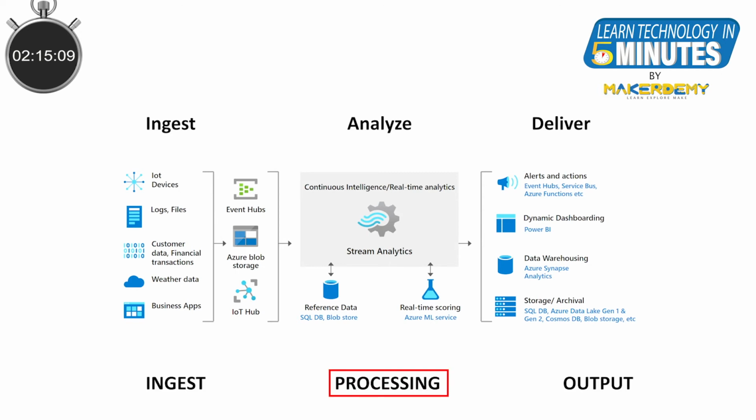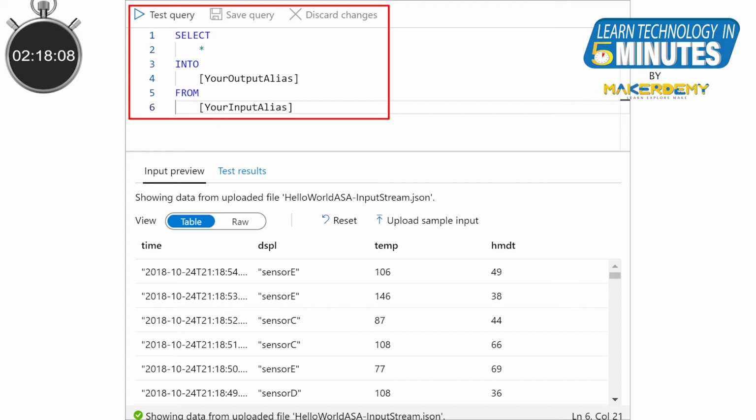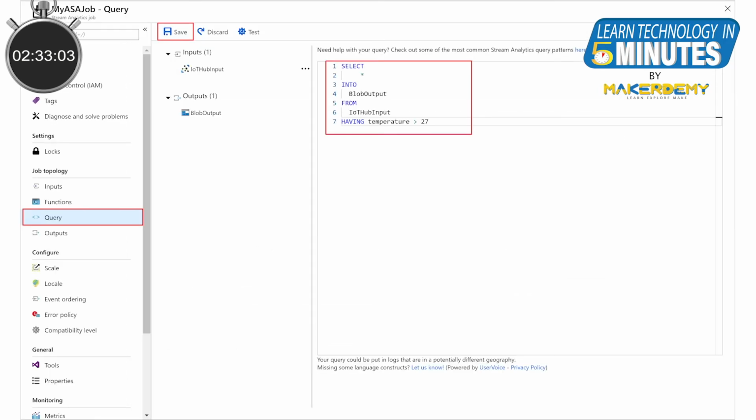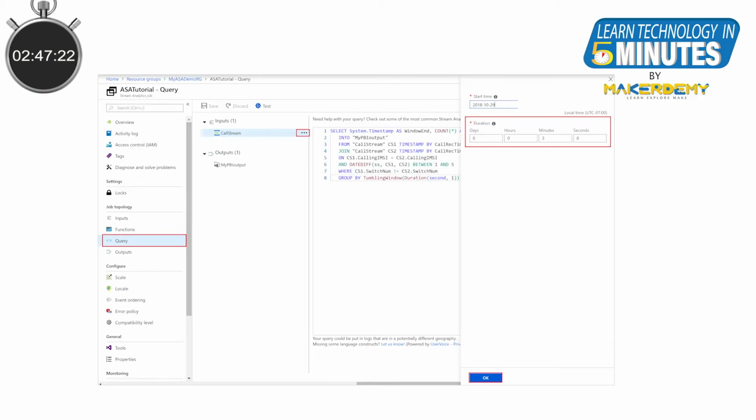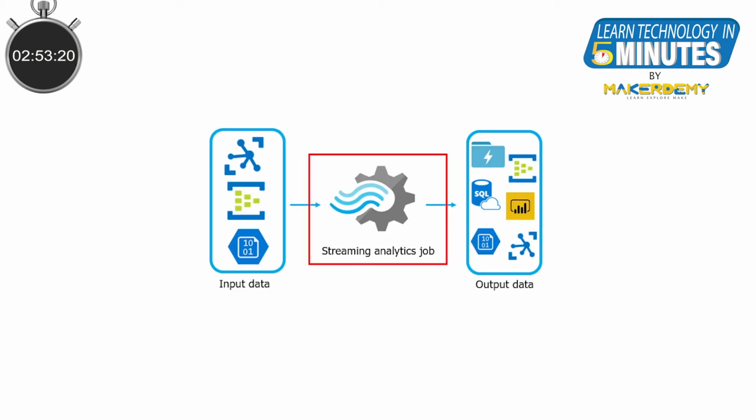Okay, now see what processing means here. You will be defining a query. Yes, like the query in SQL language. It is actually similar. Stream Analytics has a query language on its own. Though it is mostly similar to SQL, you can create queries to filter, sort, aggregate, and join streaming data over a period of time. It is not just queries, you can also have user-defined functions. You can also configure the frequency of the input data. Here, a query or function you have defined for the processing is called a job.